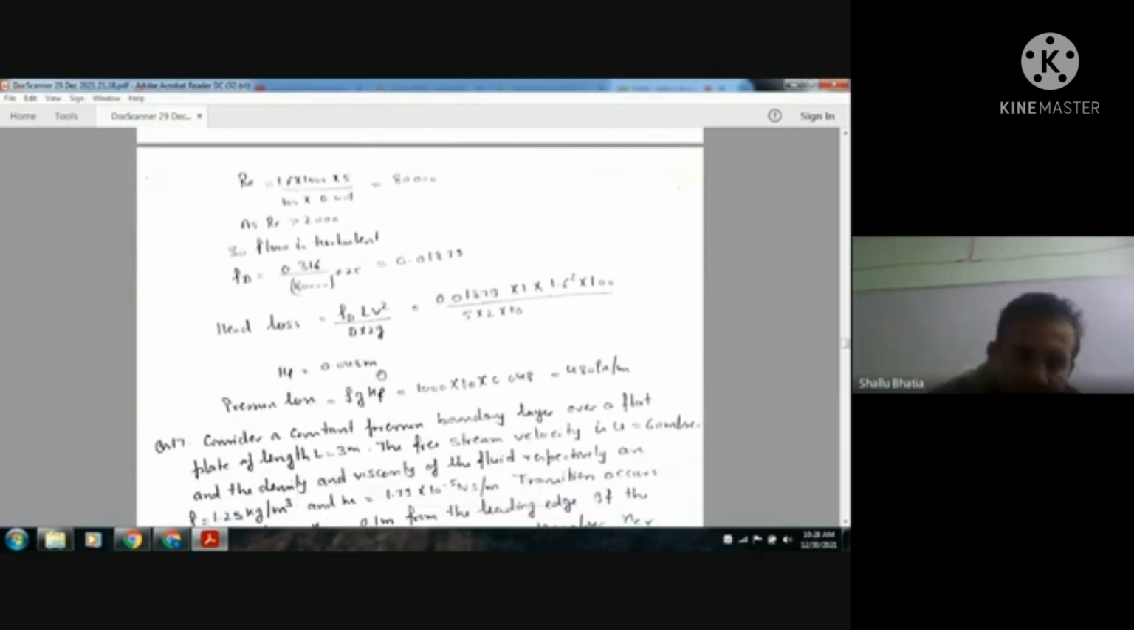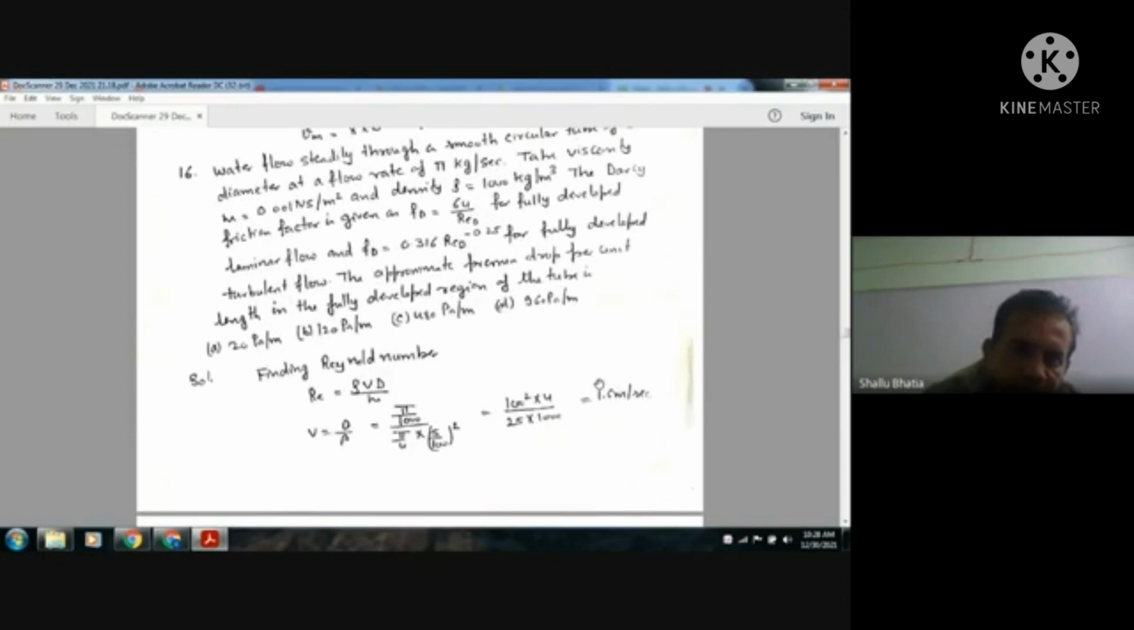So from this we can calculate head loss, that is 0.048 meters, and then we calculate the pressure loss, because this is head loss. So rho g hf will be the pressure loss. So this will be 480 Pascal per meter. So the answer is C. Okay. Next,